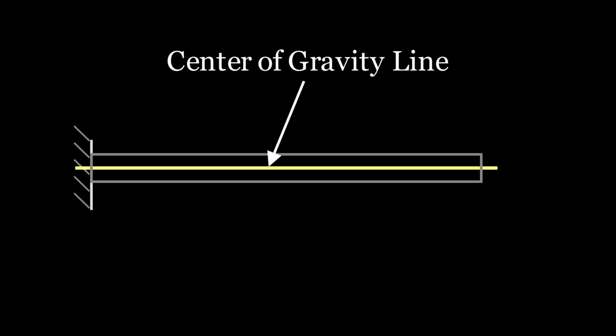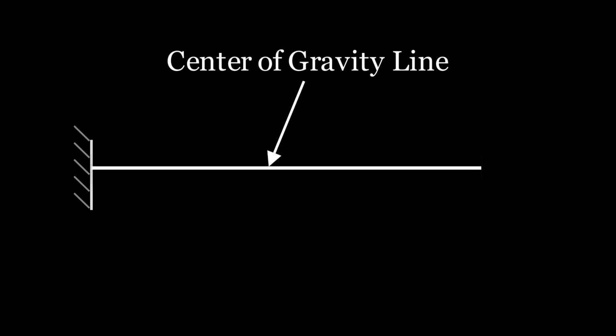To illustrate the concept, let's look at a clamped beam, as the one shown here. First, it has this line that represents the center line of the beam, and also these other gray lines that represent the entire cross-section of the beam. Again, this white line is the center of gravity line of the beam. We will apply a 1 kilonewton force at the free end of the beam, and under this load, the beam